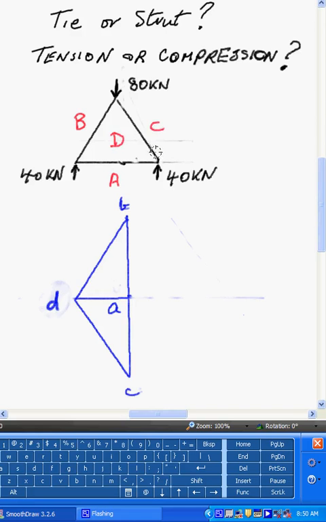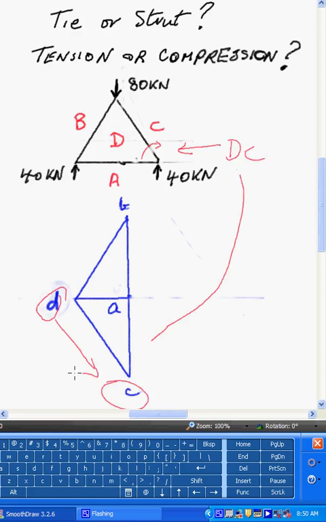and we'll go to this end of it here, this joint here. Now if we go clockwise around that joint, just get a pencil here, we go clockwise around the joint, then this end, this member is known as DC. So we come down to our force diagram and we look at DC and we find that we go from D to C in that direction. So we take that direction over to our space diagram